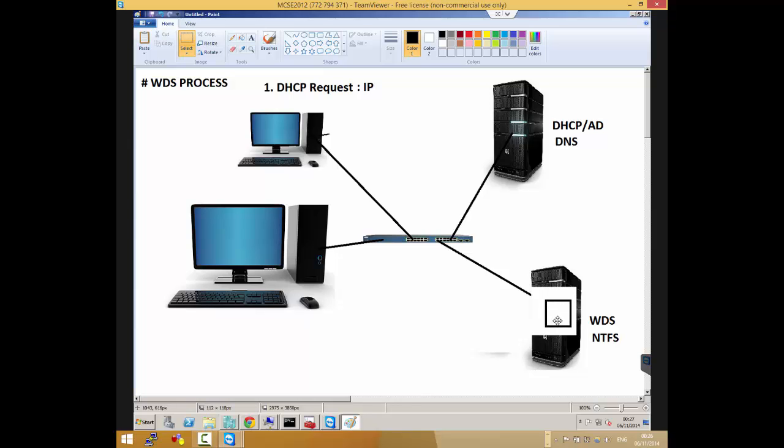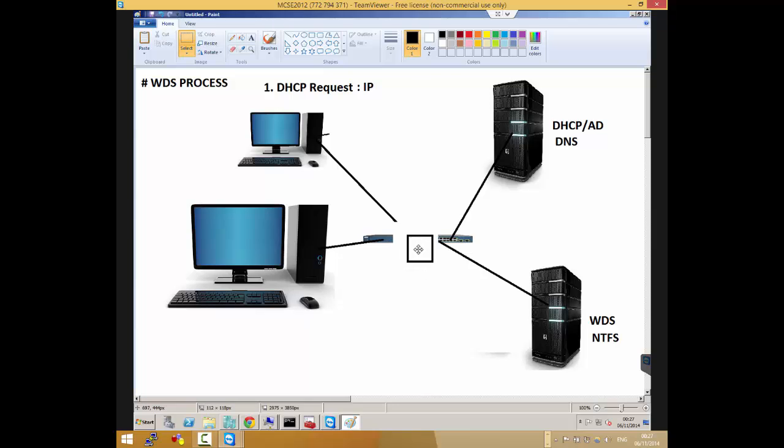So what WDS will do is it will have an address and send it to this router here. This computer will be listening to the address that WDS sent it to.